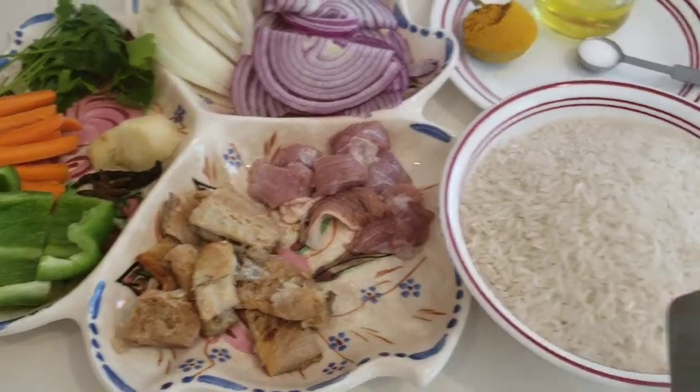Oh, we're already in the kitchen, so it means you want to see this recipe. So you are here in the kitchen with me. So without wasting much time, guys, take your chairs, relax, and have a glass of water, and then just enjoy this amazing recipe. Rice,